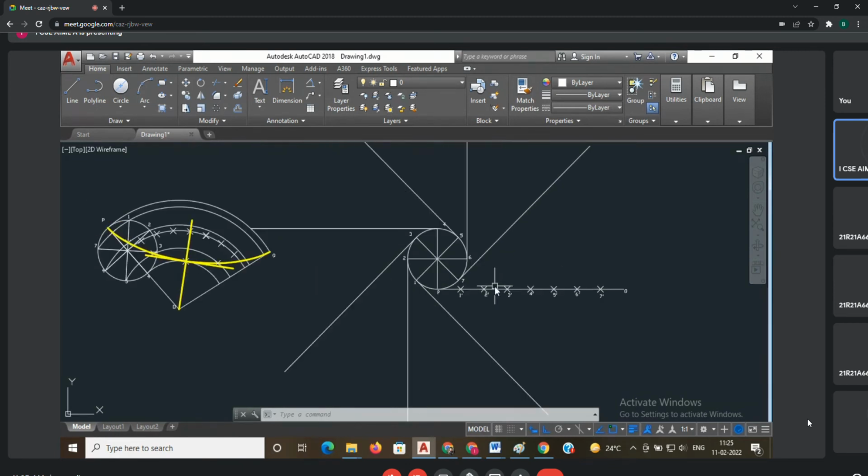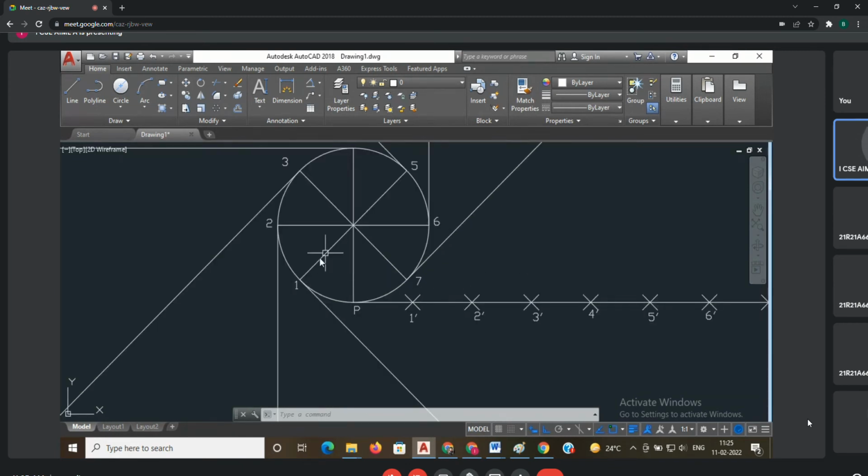Okay. After that, here no need to go with the clockwise direction and anti-clockwise direction, but we have to draw the perpendicular lines. Now for the P, we have drawn one perpendicular line. For 1 also you have drawn a perpendicular line first. That's why we made this one as 1. For this, we drew one perpendicular line. That's why we made this one as 2. Why? Because the thread is tightly folded here and unfolded here. Okay, that's why we are starting from here. That's why we are taking 1, 2, 3, 4 like this, clockwise direction.